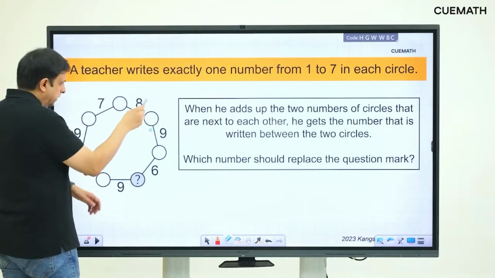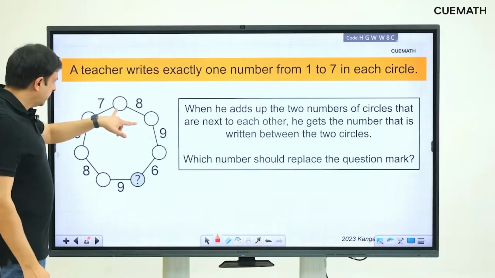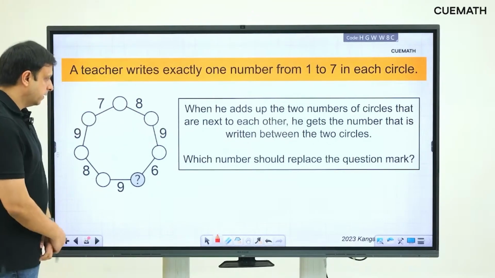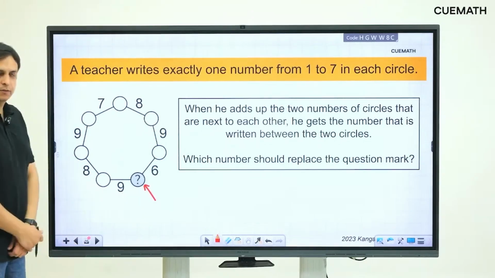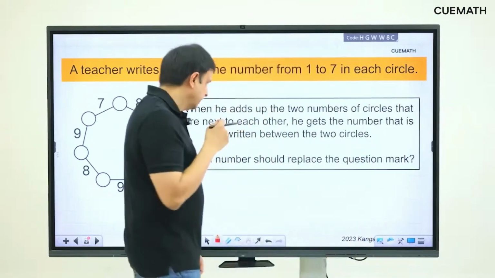But we are not really given the numbers in the circles. We are just told that those numbers are the numbers from 1 to 7, and we are just told that the sum of every pair of numbers is these numbers that you can see written here. What number should replace the question mark here? That's the question. What number should replace the question mark? I see some answers as 15. So